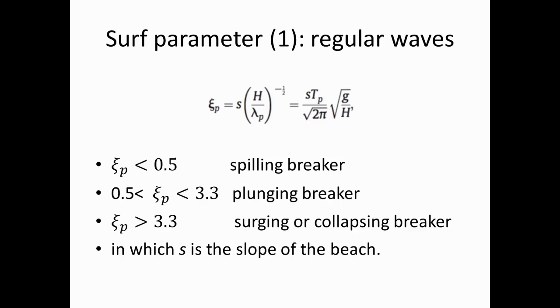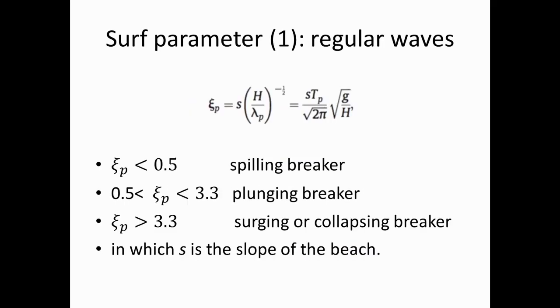For further discussion, we need a little bit of background, and you might get to know something very useful. It's called the surf similarity parameter. It's a ratio between two slopes, or a power of two slopes. One is the slope of the beach, the plane beach slope, and the other is the wave steepness, the ratio between the wave height and the length. And basically,